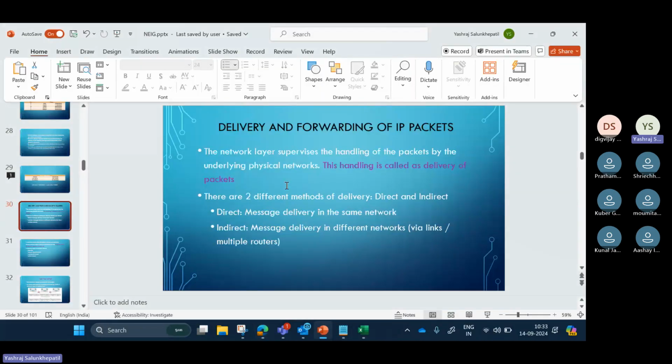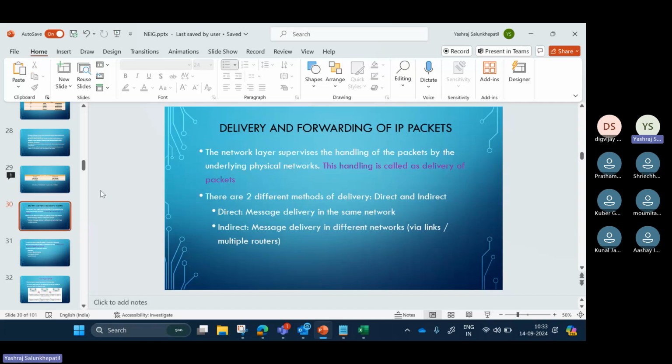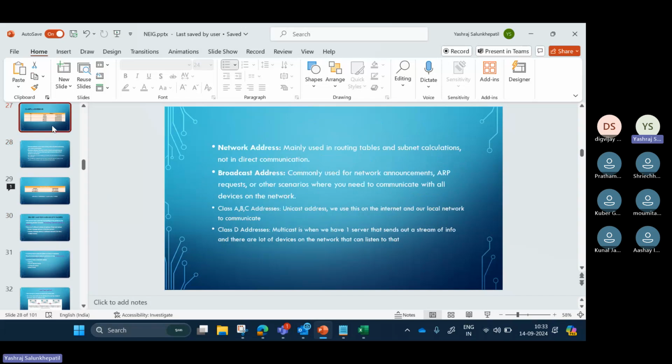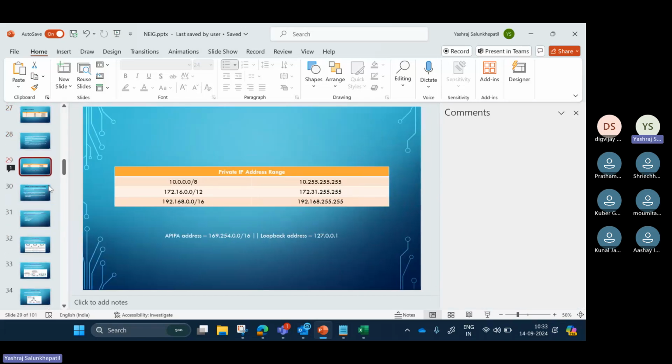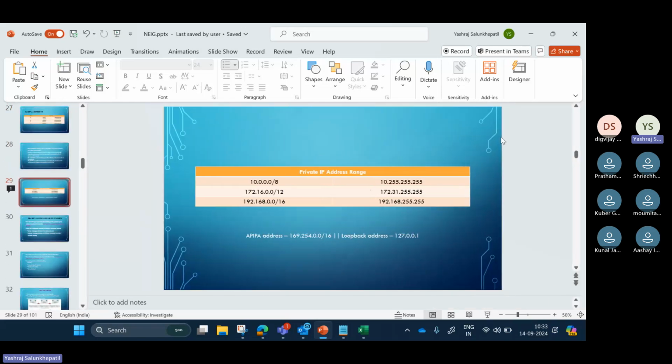Is the screen visible? Yes, sir. Okay. So last time we went through the IP addresses and how we check the network portion and host portion, how we calculate the number of hosts, and in general things about subnetting and a network. That was very general, foundational stuff. Then we saw classful addressing, the network address, the broadcast address, and private and public IP addresses.